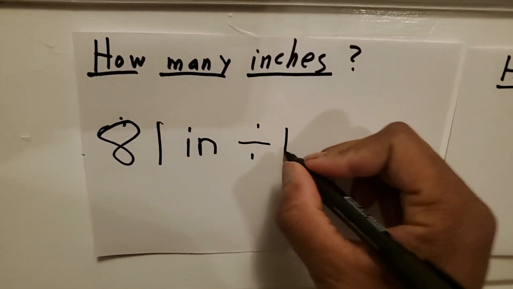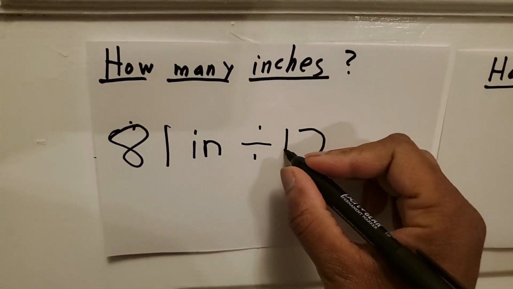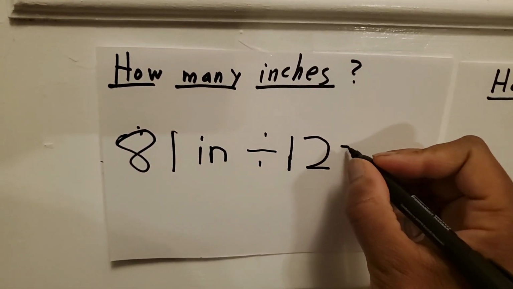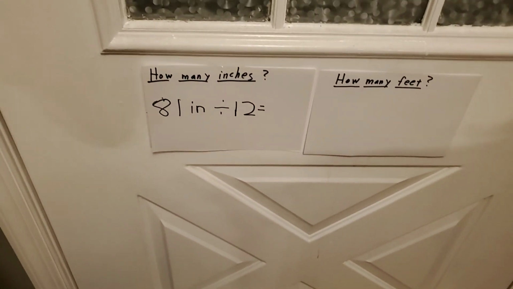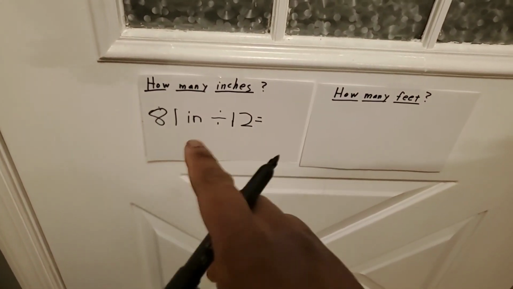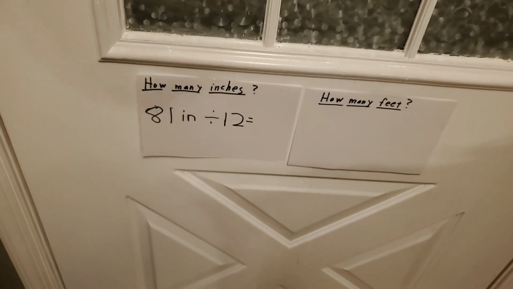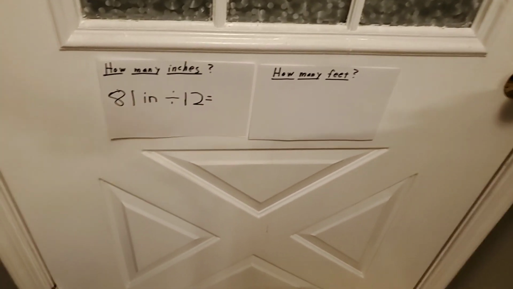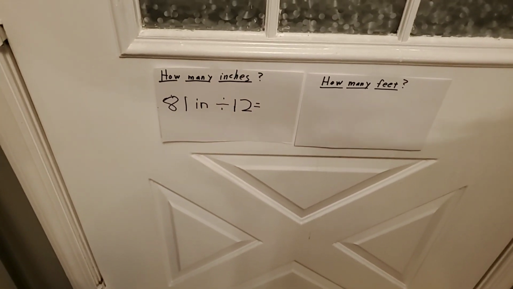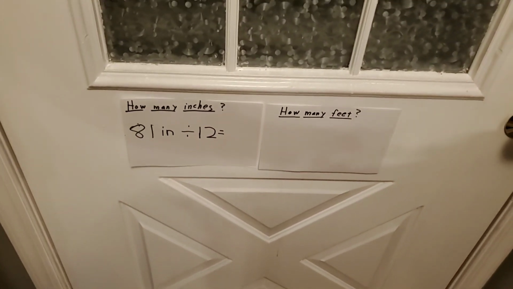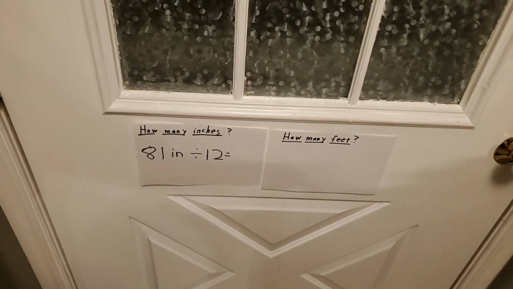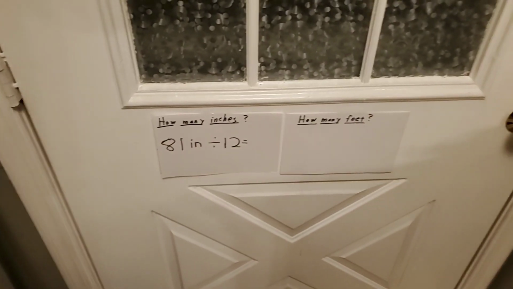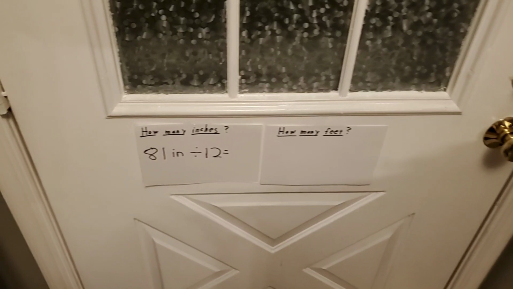So we're going to take 81 inches divided by 12. What is 81 divided by 12? So we take those entire 81 inches, break it up by 12 inches, and that's going to tell us how many feet tall this door is. So what's 81 inches divided by 12? Let me look here on my calculator. So when I take 81 divided by 12,